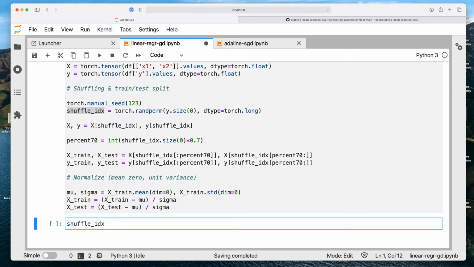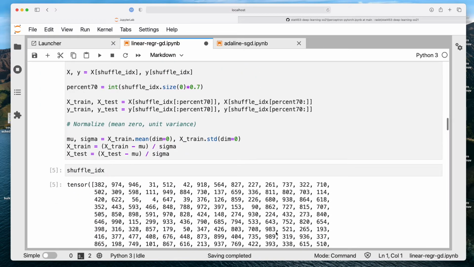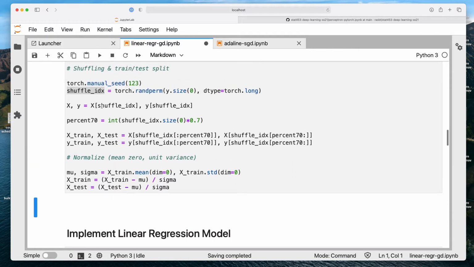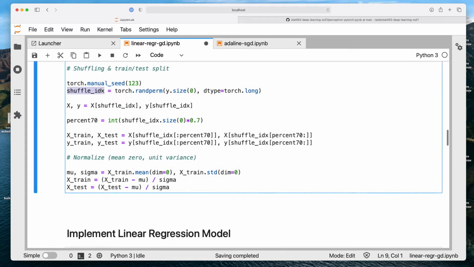So these shuffle indices are just the indices 1 to 1000 shuffled, and then I use them to select the training data. So first I'm actually using it to shuffle the data set. So here this is just the shuffled indices. I select all the data points in the shuffled way for both the features and the labels. So note that here, because we use the same shuffle index, they are shuffled in a way that is consistent, because otherwise, if we use different shuffle indices, X might be shuffled differently than Y.